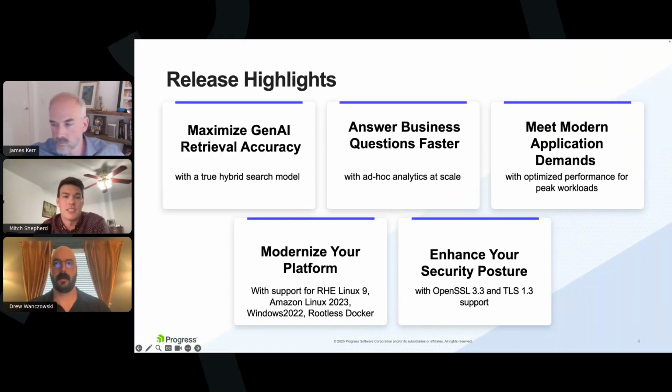To start off, MarkLogic 12 is really built to help organizations move faster, scale smarter, and deliver more trustworthy AI and analytics experiences. We're going to walk through 5 key benefits of this release, the first being maximizing Gen AI retrieval accuracy. We've added native vector search to complement our existing full text, semantic, and metadata search. This hybrid approach ensures that Gen AI systems retrieve the most relevant and trustworthy information, and that's really critical for